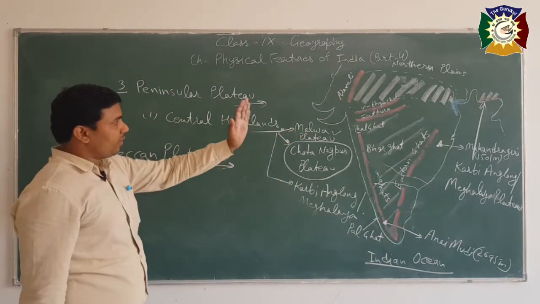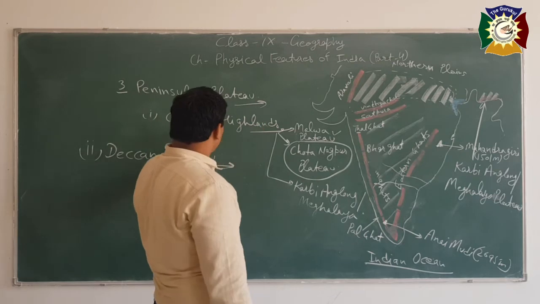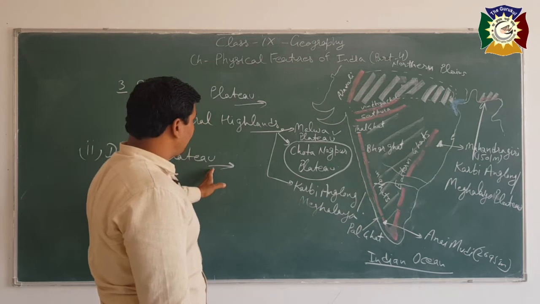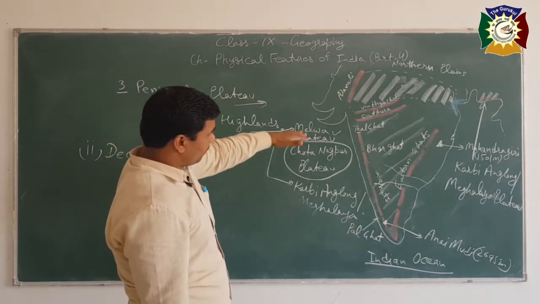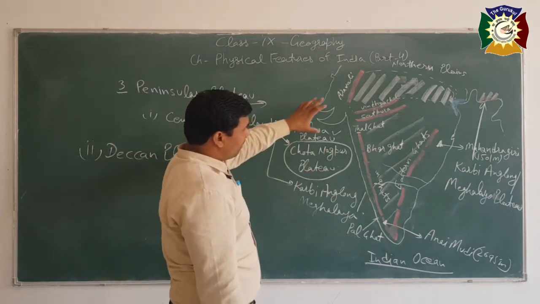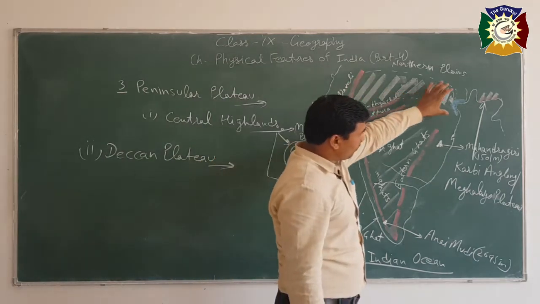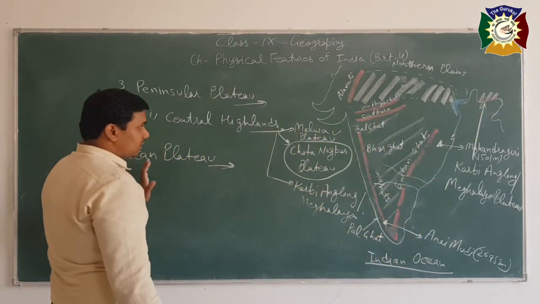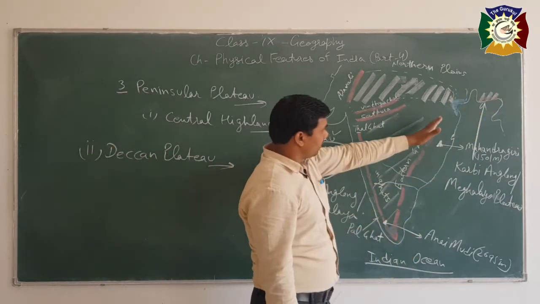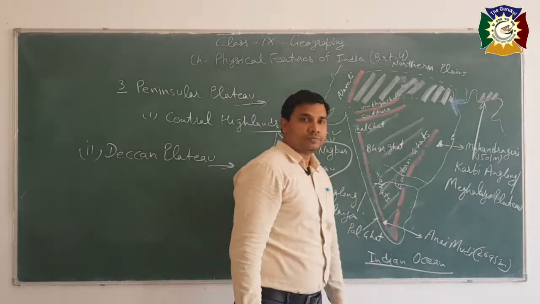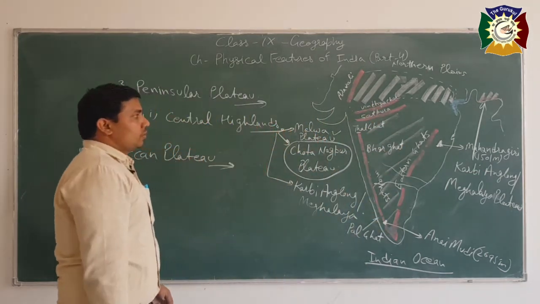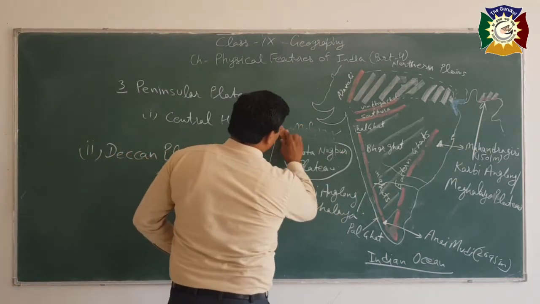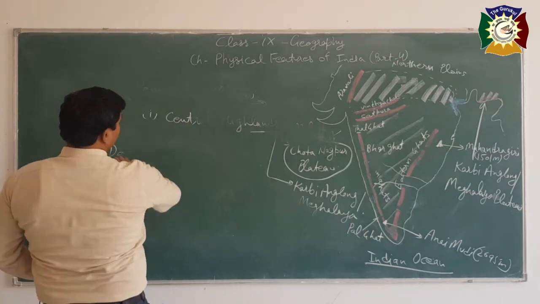First of all, to better understand the peninsular plateau, we divided it into different parts. First, central highlands. For further division, we have here Malwa plateau, then Chota Nagpur plateau, and then Karbi Anglong plateau. And next, the more area is covered by this Deccan plateau. Okay, so I think this is enough. Let's discuss another important physical feature of India,